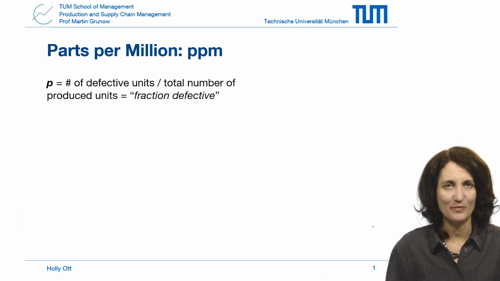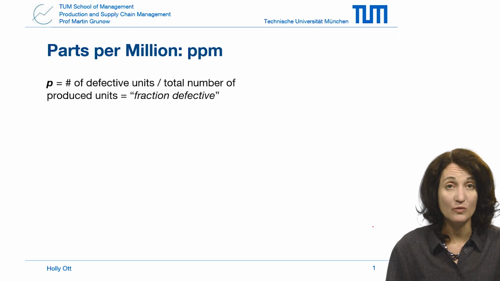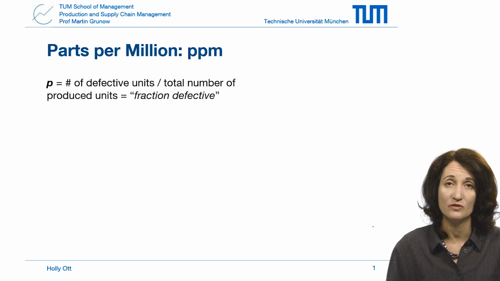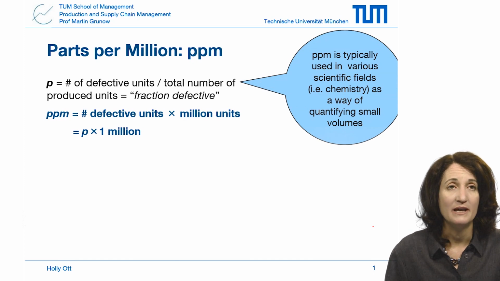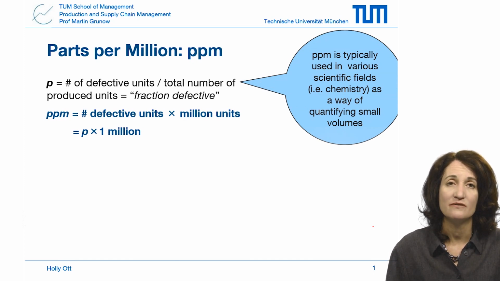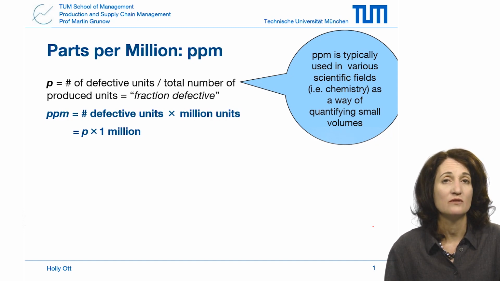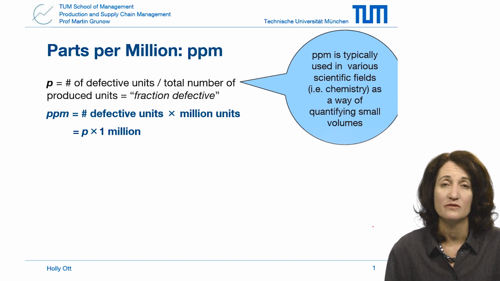So now we've talked about process yield. We'd also like to discuss 3 more ways of measuring defects. And the first one is the parts per million, or ppm. Now before we had denoted P as the number of defective units over the total number of produced units. ppm is the number of defective units per million. So the number of defective units in 1 million produced, or can also write as the fraction defective, P times